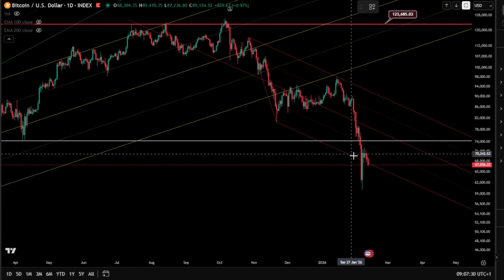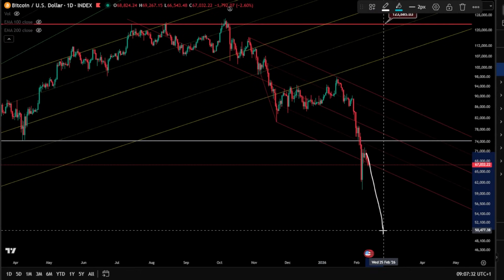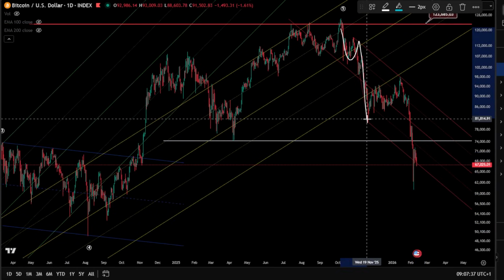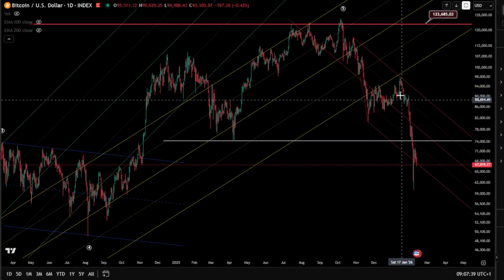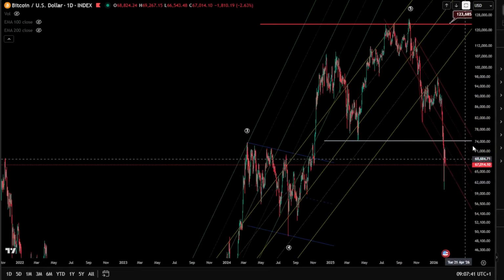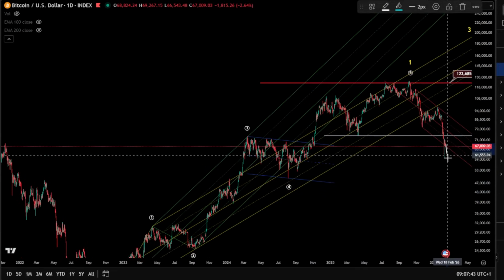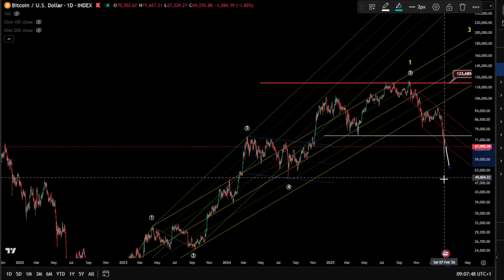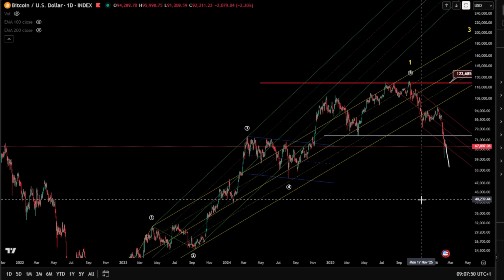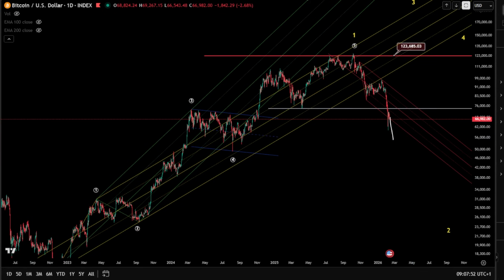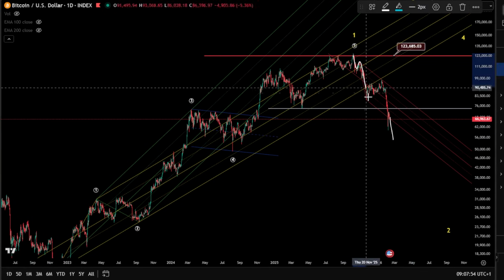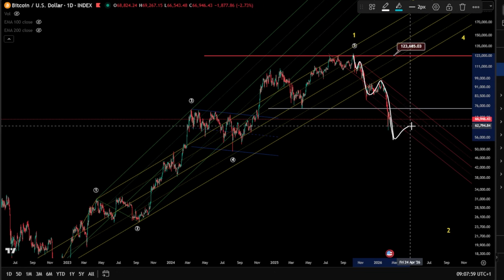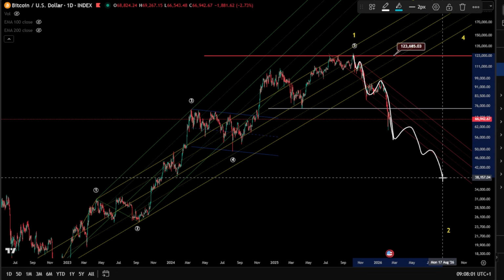And breaking the base channel means a wave 3 is still unfolding toward the downside, in case we are in double 1-2 here, and then we're looking for wave 3. This is a wave 3 that might be unfolding lower if the price continues to break below this base channel. This is a confirmation for wave 3 unfolding as a 1-2-1-2 and then wave 3, which means a very, very deep correction, 4 and a 5 for Bitcoin.